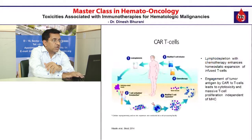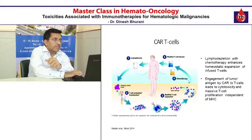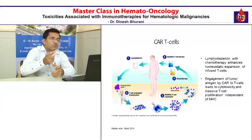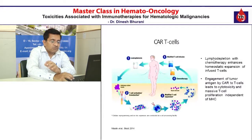How do we do it? You collect T cells by leukapheresis. You have antibody coated beads. T cell transduction or activation is done through viruses, and then there is expression. These are modified T cells. Then there is beads removal. You give chemotherapy as lymphodepletion, which increases the expansion of the infused T cells, and then the modified T cells are infused. Engagement of tumor antigens by CAR T cells leads to cytotoxicity and massive T cell proliferation, which is independent of